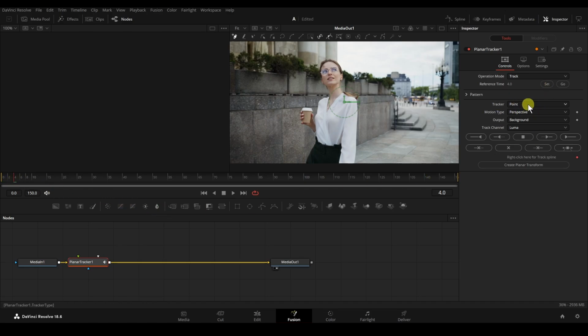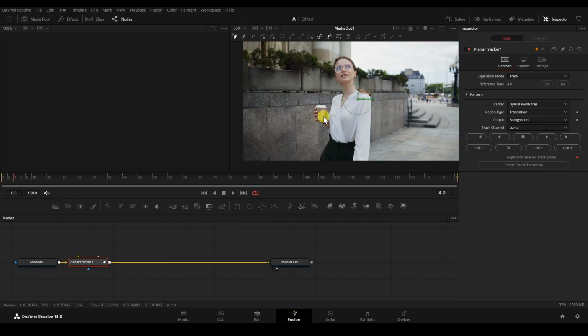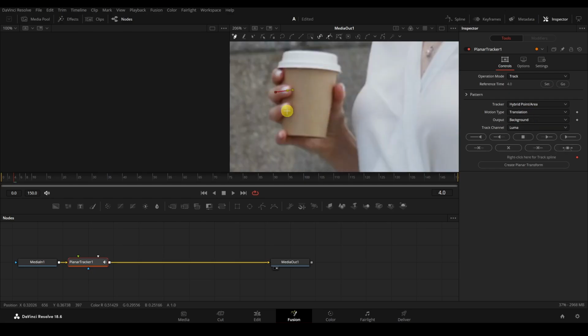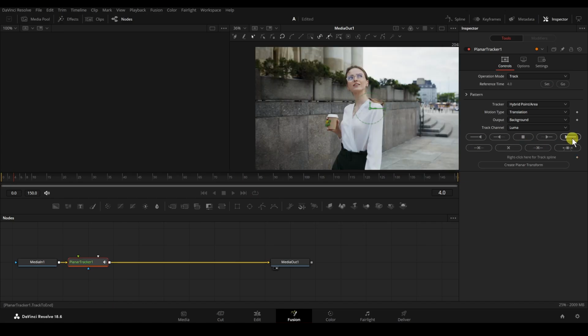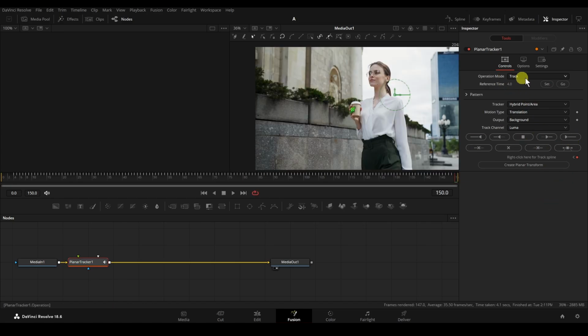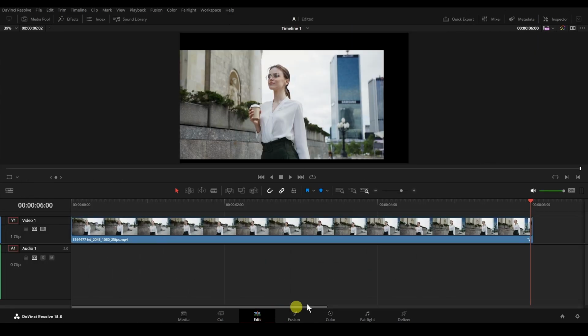So here we need to set the tracker to hybrid point and motion type to translation. Now create a complete selection by using your mouse on an object which you want to track. Once you do that, just click on this icon, and now here we need to change the operational mode from track to stabilize. Now get back to the edit tab, and right here you can see the black border around